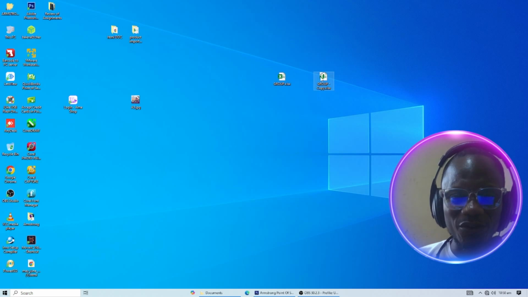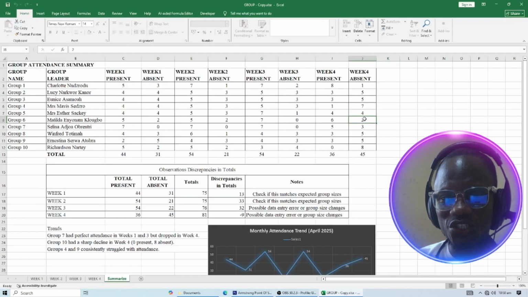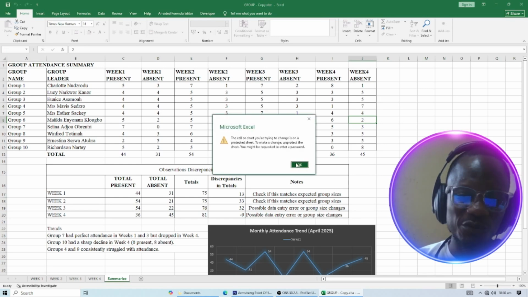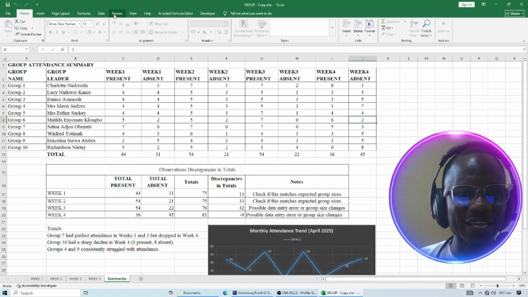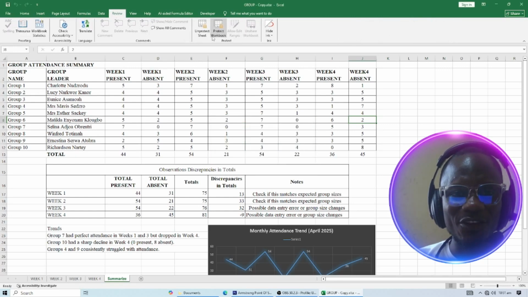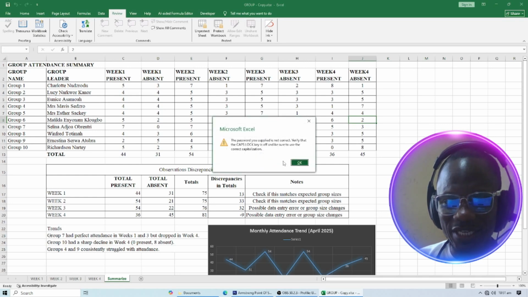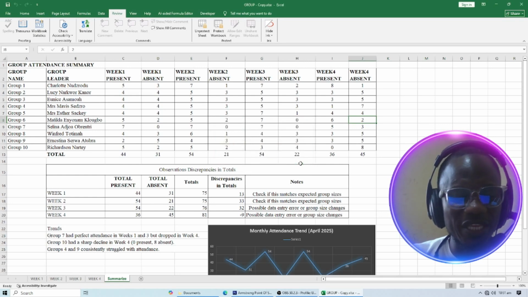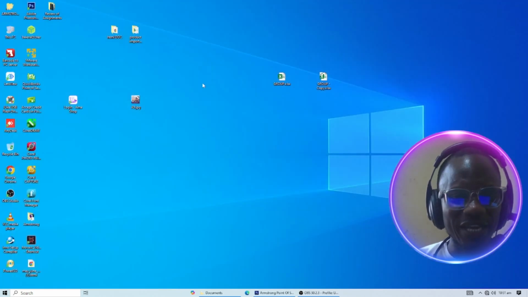Now when I double click on the duplicate and it is open, and I try to change week 4 and change the 2 here, it will ask me to enter a password. When I go ahead and click on the Review tab, click on Unlock Sheet, type any password and click OK, you can see it's not permitting me, meaning I've forgotten my password. So what I'd like you to do is close this, and come to where we have group